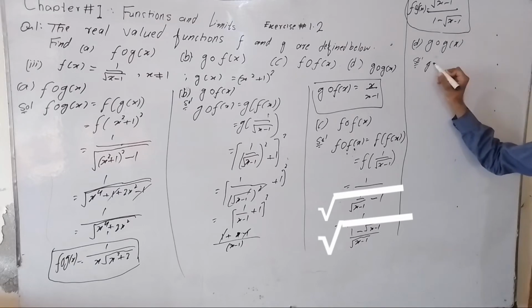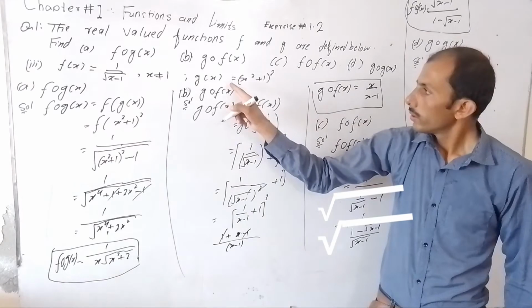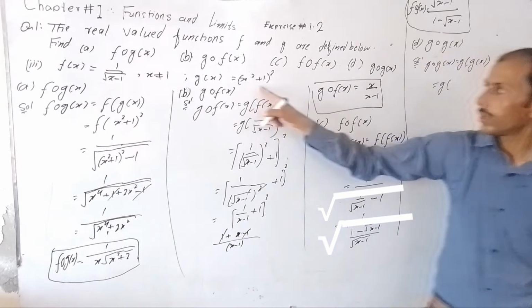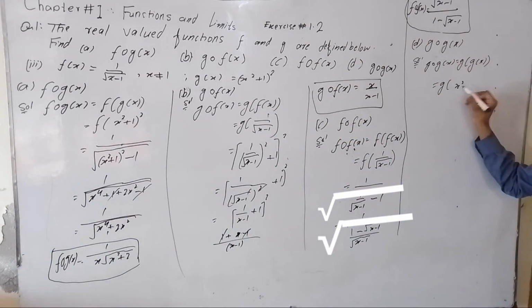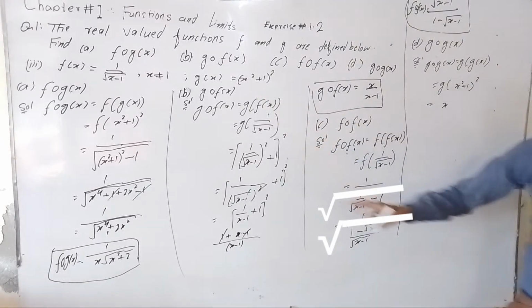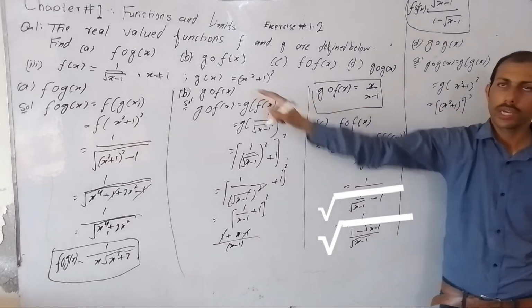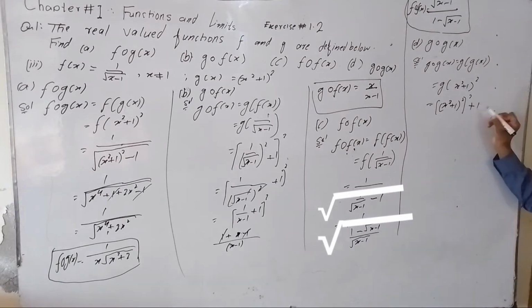So g of g of x is equal to g into g of x, which is equal to g of the square root of x squared plus 1, whole squared. This can also be written as x replaced by (x squared plus 1) whole squared. It means squared, because x in square form plus 1